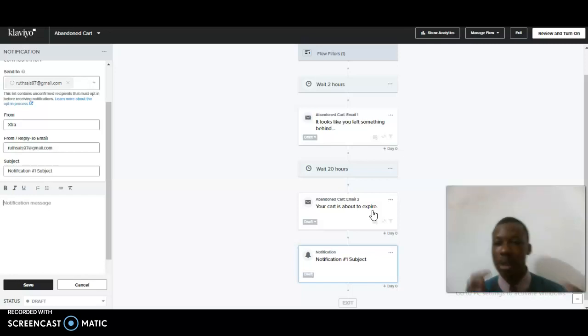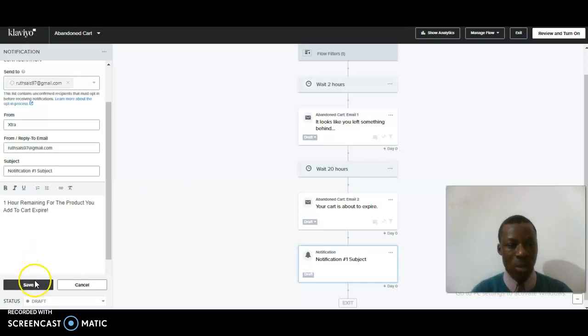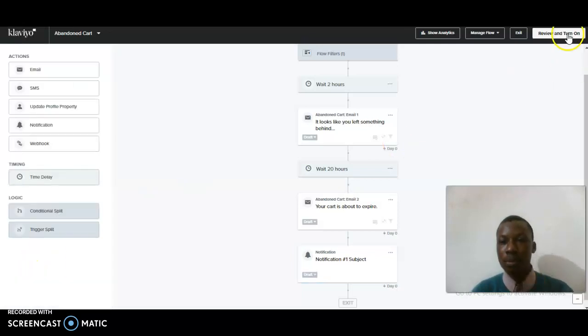So I will add the content now and save and publish this flow right now. This abandoned flow, I will publish it now. So guys, in the notification bar, the last thing I want my audience to see that I'm very sure will trigger them to go immediately to my store is 1 hour remaining for the product you add to cart to expire, and add an exclamation mark there for them to know that it needs instant attention. So guys, I'm going to click on save, then preview and